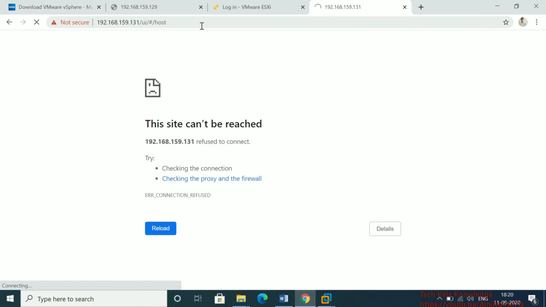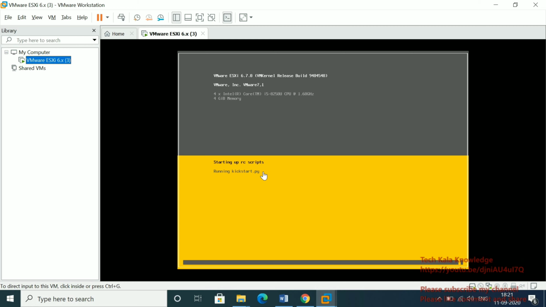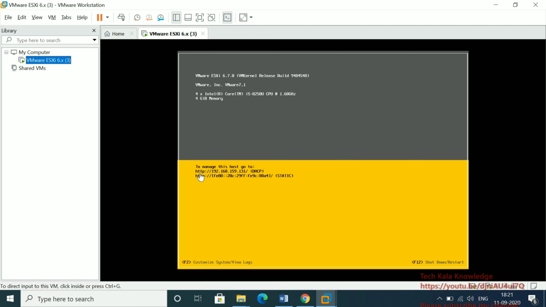Still loading. Let's see whether that script completed, the SVC script. Yeah, ams.sh. Let's see this script is completed. Yeah, it's completed. Yeah, now you can see that IP. So now you can see its IP is static.